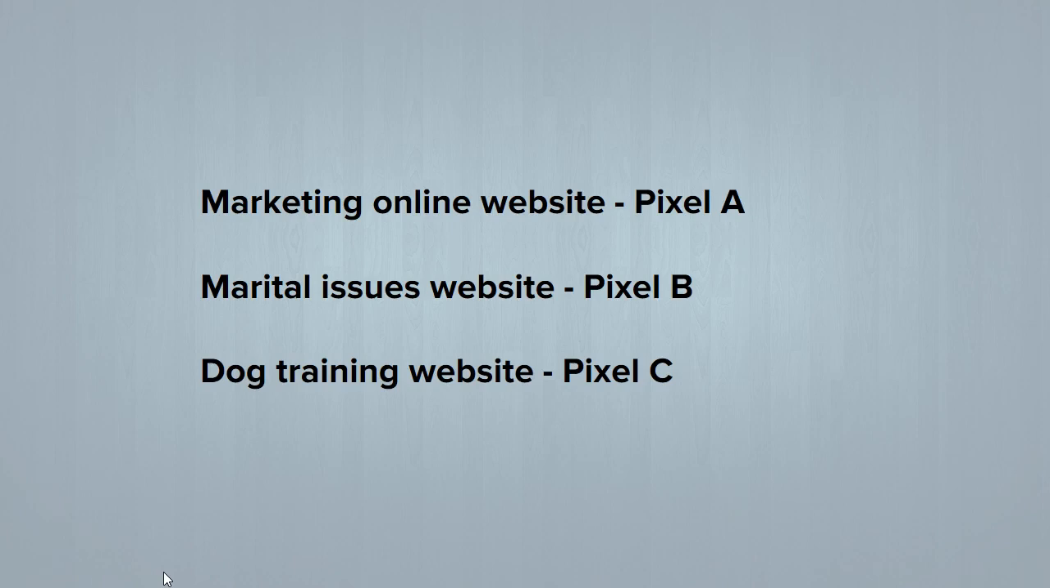Secondly, it will also be unwise to use the same pixel on all those 3 websites. Instead, what you want to do is to have 3 different websites and 3 different pixels. Each website will be for each audience. Then you will create a pixel for each audience. So you will have something like pixel A, pixel B, pixel C. And you can now allocate pixel A for the marketing online website. You can allocate pixel B for the marital use website, and then you can allocate pixel C for the dog